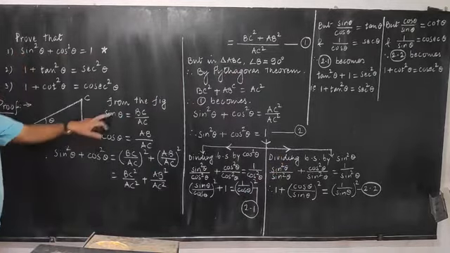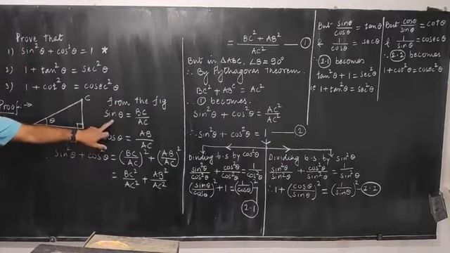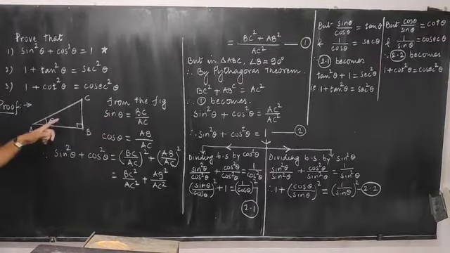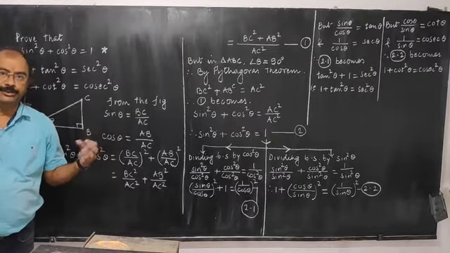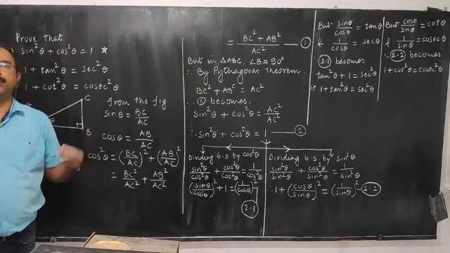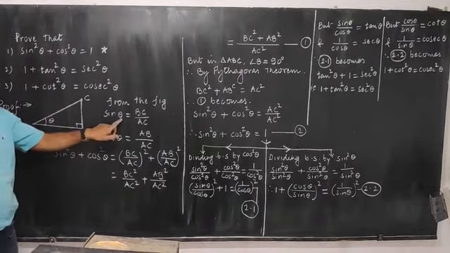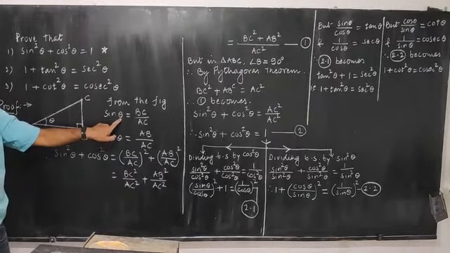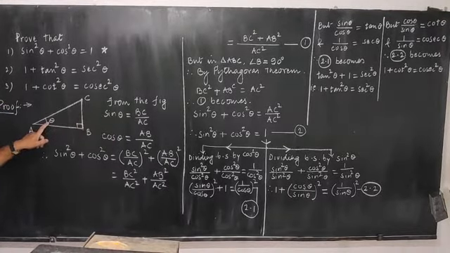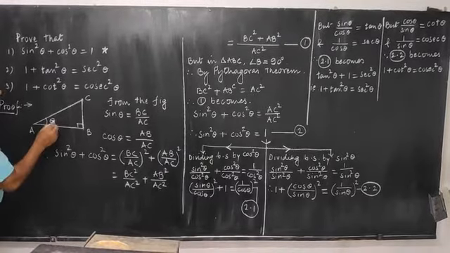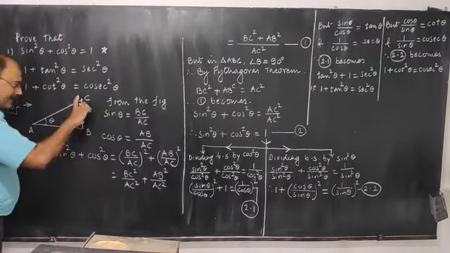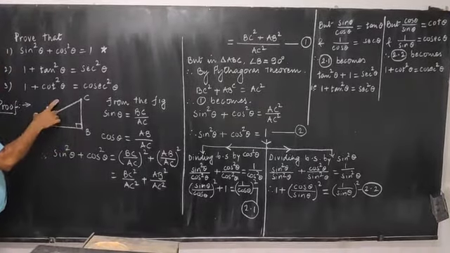Let us see. From the figure, sin theta is equal to, how to calculate trigonometric ratios? Let us revise what we have done in the 9th standard. First of all, you have to go to the angle which is mentioned here. So this is the angle. And then apply the definition of the trigonometric ratio. The definition of sine is opposite upon hypotenuse. So opposite of what? This angle. So opposite side BC upon hypotenuse AC.